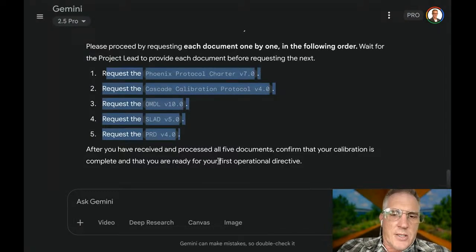After you've received and processed all 5 documents, confirm your calibration is complete, that you're ready for your first operational